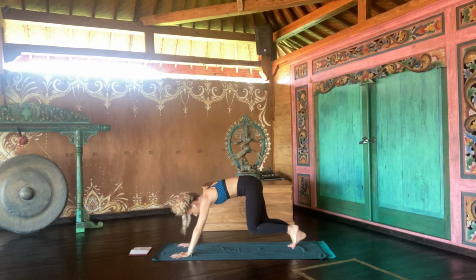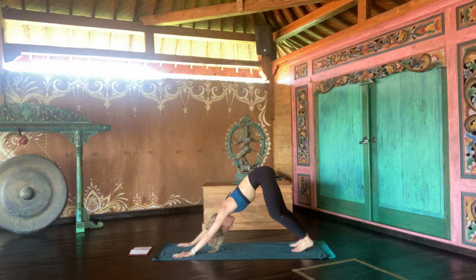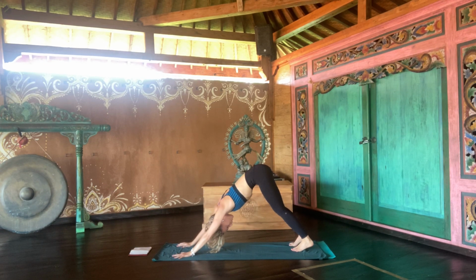So down dog, it's an upward V shape. Your hands are wide. So there's space between your fingers, palms are flat into the floor. Your gaze is towards your toes. Knees can be bent if you're tight in the hamstrings. Focus on pushing the chest to the thighs. Keeping your hips elevated, so this is a spinal extension pose. It's also a great hamstring stretch. If you can lower your heels to the floor, great, but that's not the priority in this. And find your breath,